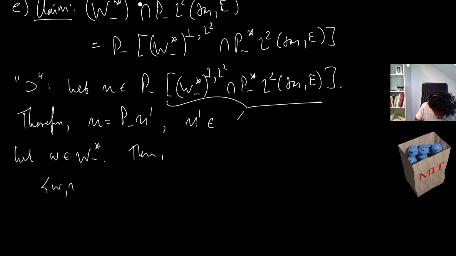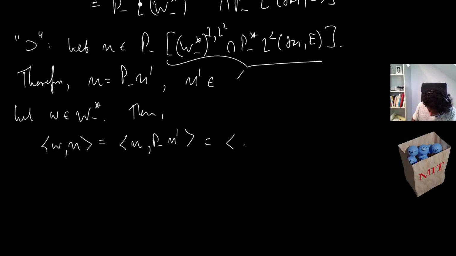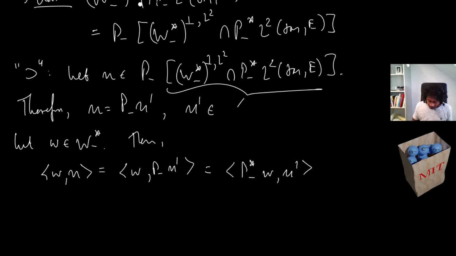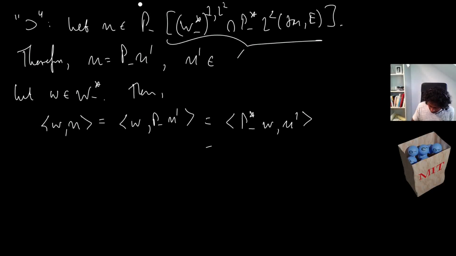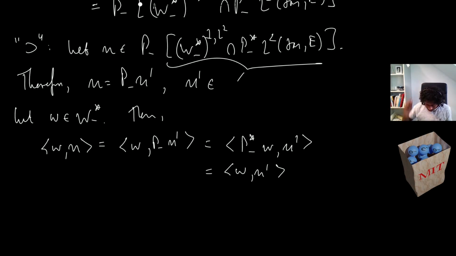For W applied to U, this is equal to U P minus U star, and this is equal to W, P minus star W, U prime. But the P minus star W, remember the U prime is also in the W minus star annihilated space, right? So certainly, because I've taken W minus star, which is a subspace of the P minus star, this remains fixed. So this is just W U prime, but by construction, we assumed that from